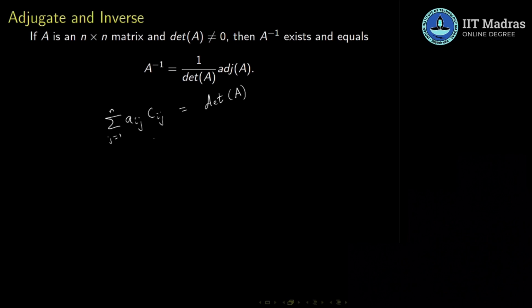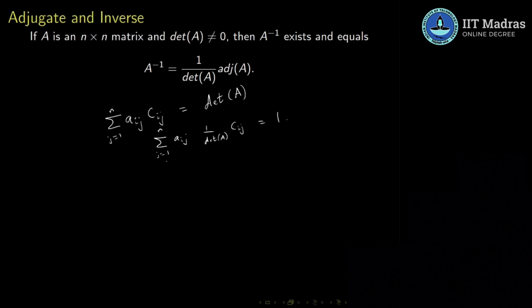Now let us divide both sides by determinant of A, and take the determinant of A inside the sum. If you do that, what we get is the summation of a_ij times 1 by determinant of A times C_ij, j from 1 through n,